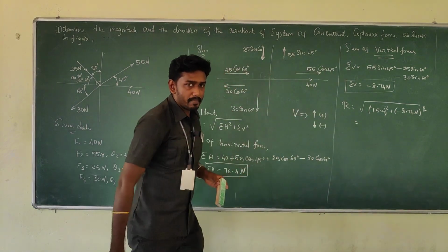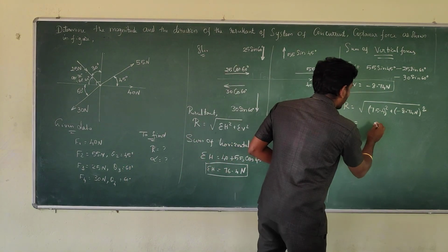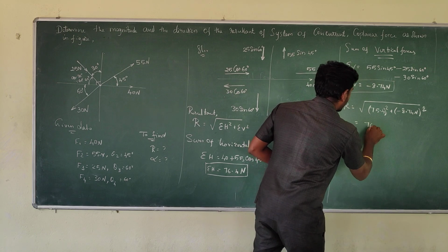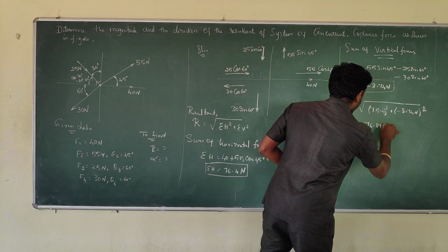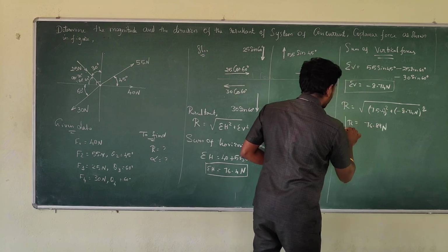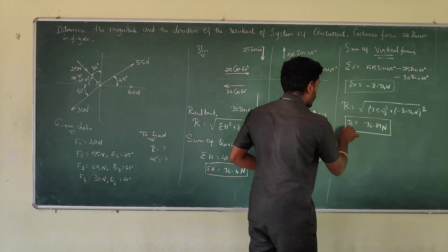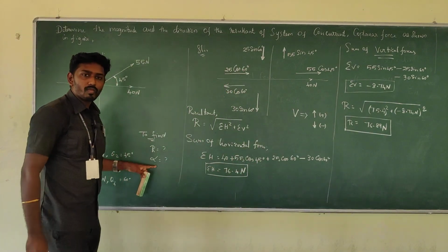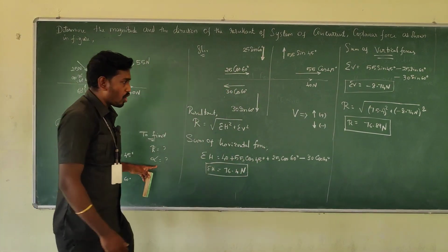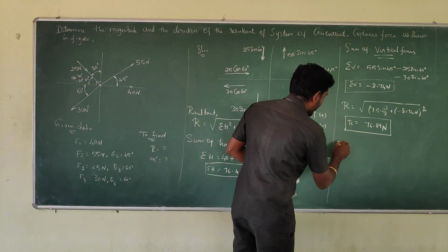Just do the calculation in your calculator. You will get 76.89 Newton as a value. So this is the resultant force. What needs to be found next? Direction of the resultant force, alpha. So alpha direction